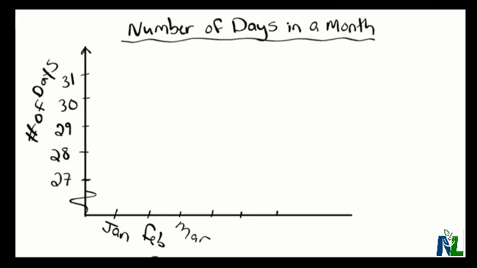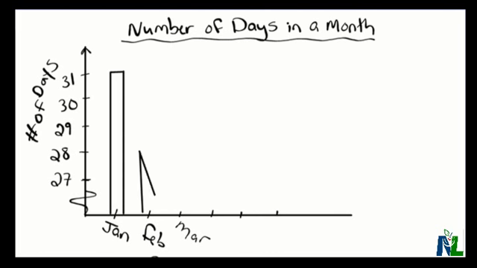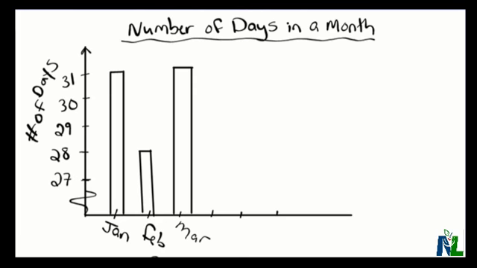So for January, we would draw a bar up to 31. February, it would be 28. Then we'll continue on with March, again back up to 31. And of course, you would try to make sure that these bars were all the same size. And we would continue on until we had all the months represented on our graph, showing our